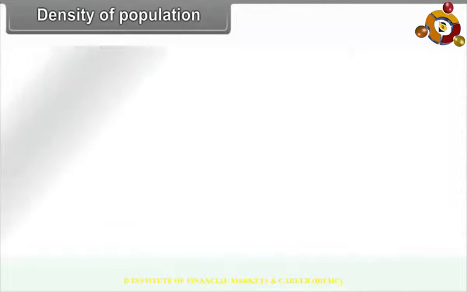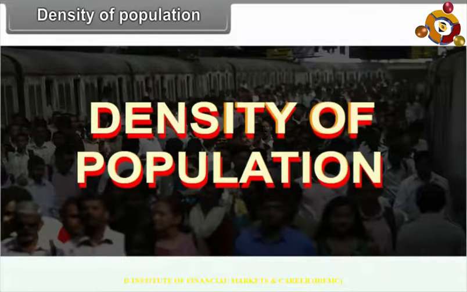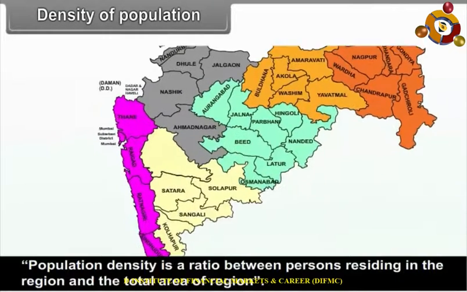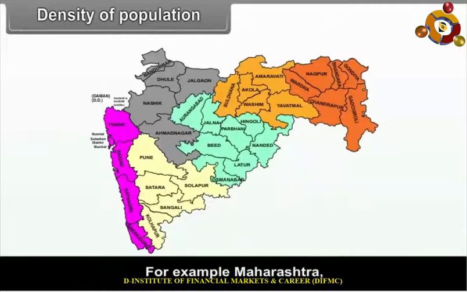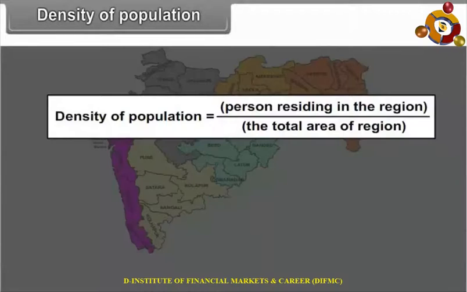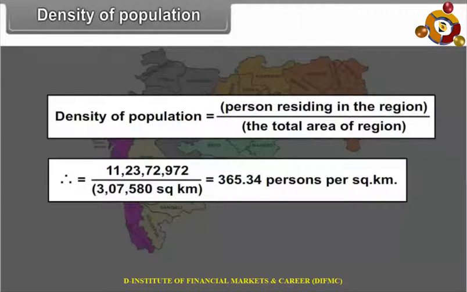7.1.1 Density of population. Population density is a ratio between persons residing in the region and the total area of the region. For example, Maharashtra. Density of population is equal to persons residing in the region upon the total area of the region. Therefore,